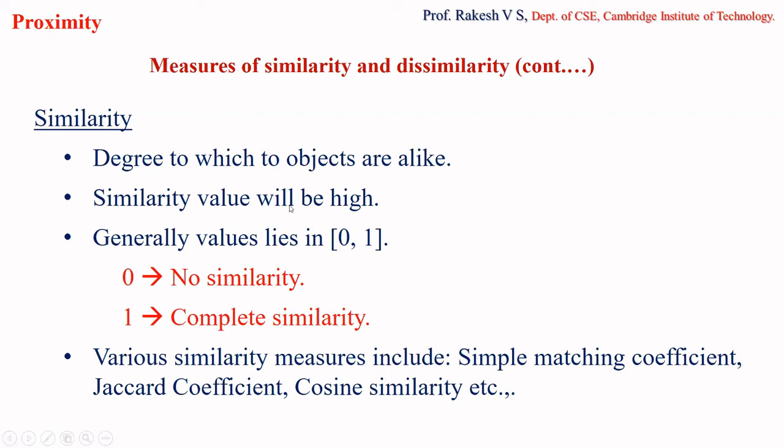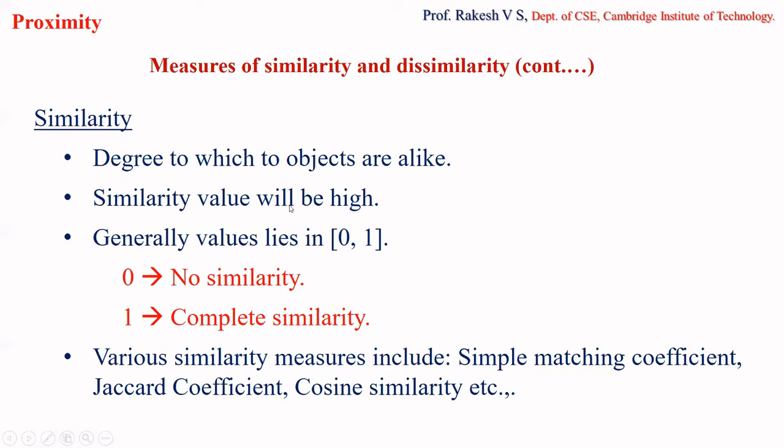If the two objects are the same, then obviously you will have a high value for the similarity. In general, the values for similarity lie between 0 and 1. If I get a value of 0, it means that those two objects are not similar to each other. If I get a value of 1, it means that the two objects I've considered are completely similar